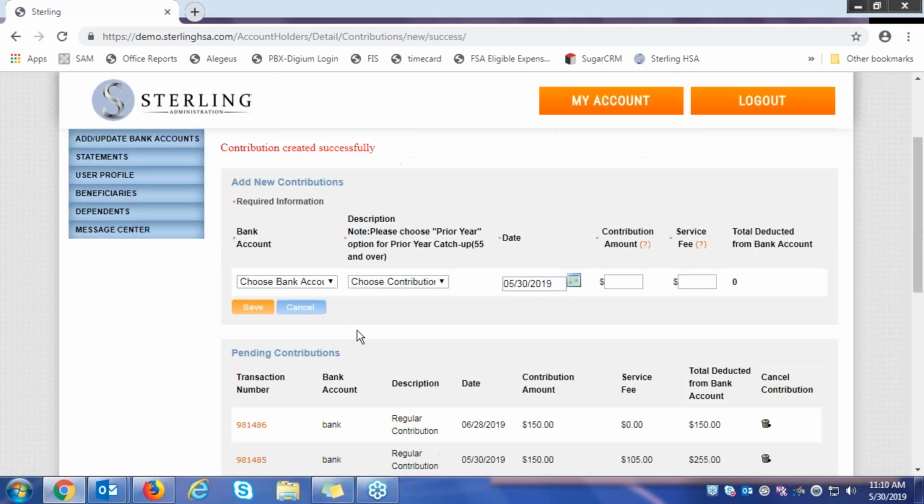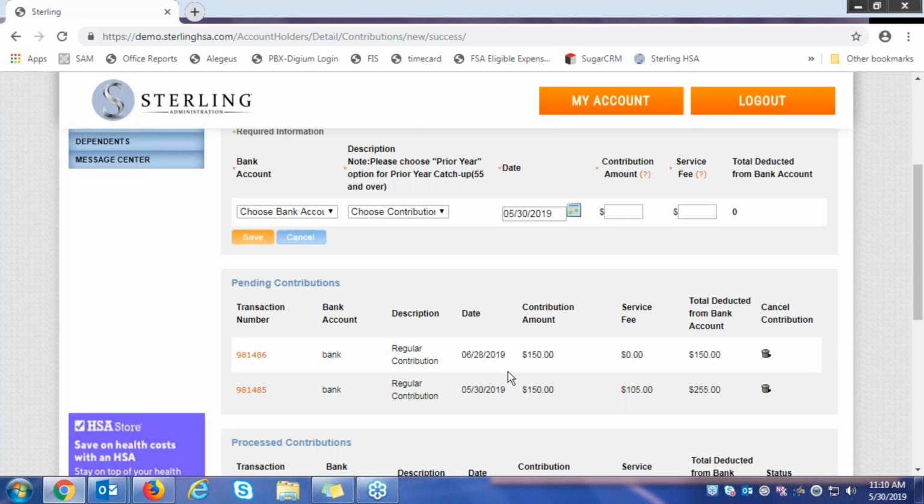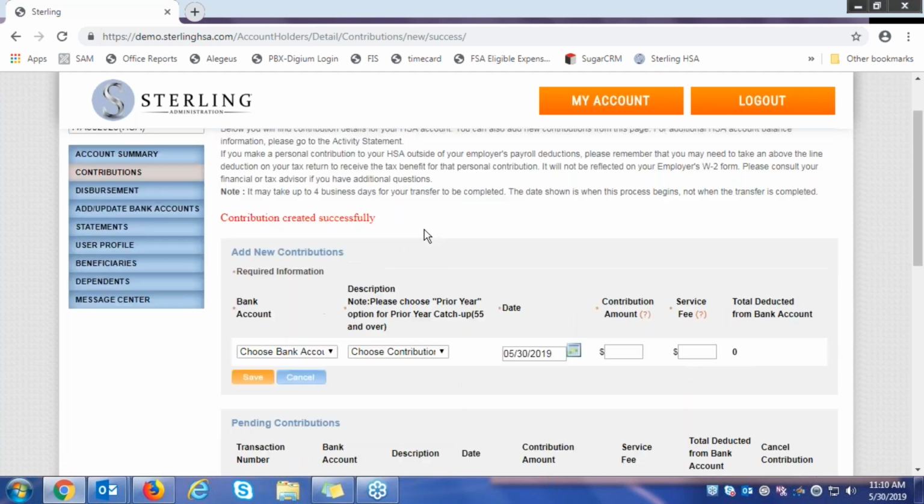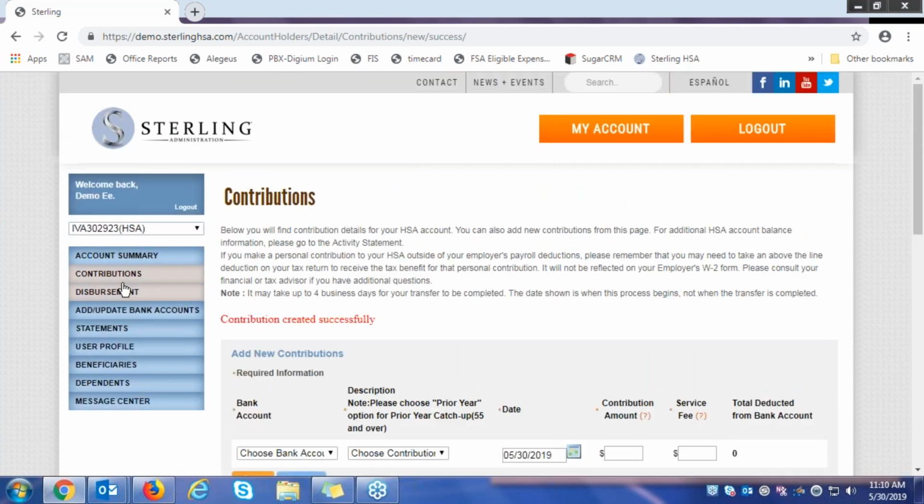And now I can see it as a pending contribution. So I know that the $150 for next month will also get pulled out, and it'll get pulled out on this date. So now that we have our contributions done, let's go over disbursements. Under the disbursements tab,